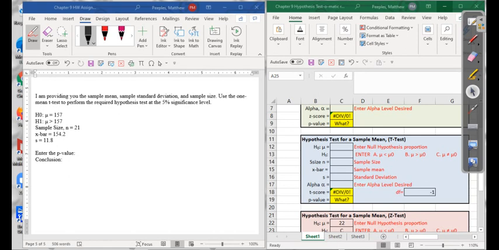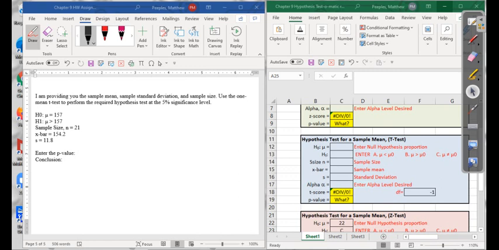We're given that we have a mean of 157. We're not given units. It's immaterial to this question. And that our alternative is that the mean is greater than 157. We're told that we have a sample size of 21. Since that's less than 30 and we don't know whether or not we've got a normal distribution, it makes sense that we choose this sample mean t-test to determine whether or not we're going to reject or fail to reject